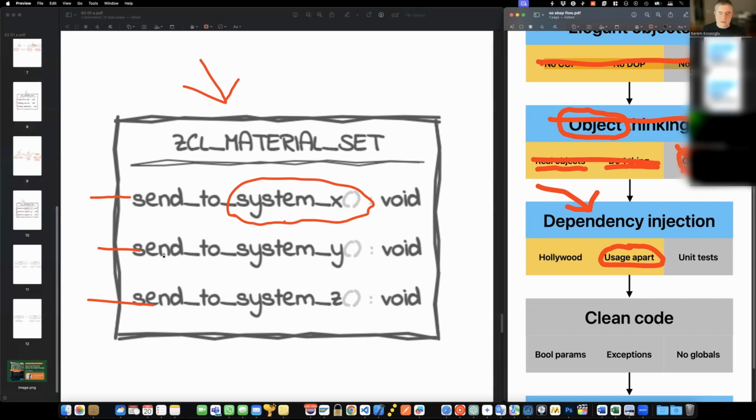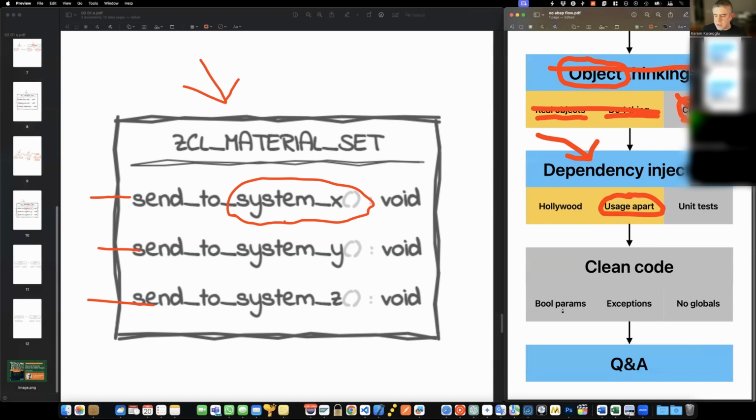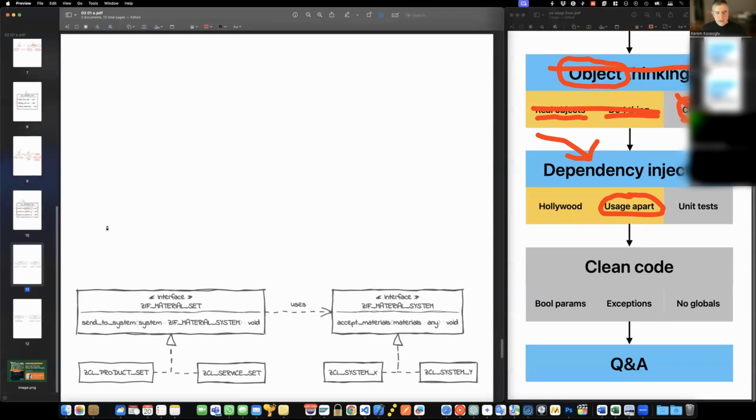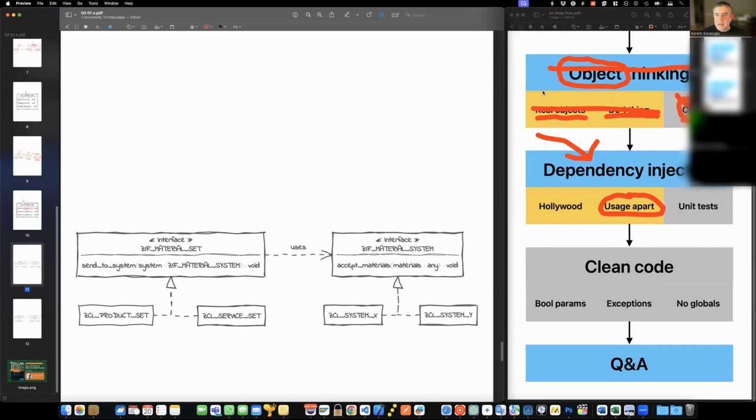So what could be done instead? And this is the last point I'm going to show you. Then I'm going to jump to questions. Here is what's supposed to happen, in my opinion, based on dependency injection. First, I have an interface. You will always see interfaces all around the place because this is the best practice. First, you will have an interface called material sets, which has a method called send to system. Now, whatever system is sent here, this interface will accept. Let's assume this is my material class. In my material class, I don't want to care about the remote system.